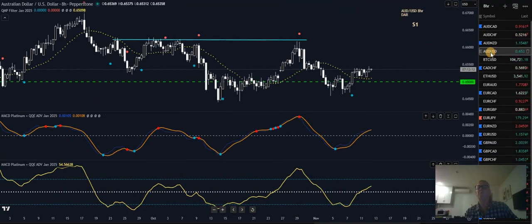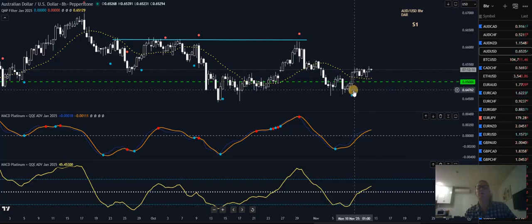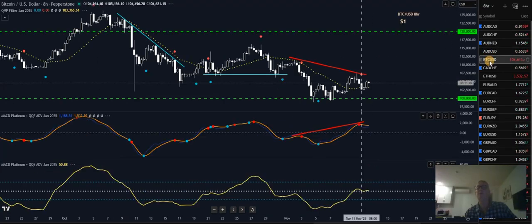Aussie USD, last trade was this buy, which I did take. It was a QQE. It was under the 40 level. So I took it on the QMP full the dot, but it just went sideways for a little while. It broke the 50 level. There was nothing I could do because my entry was around this level here. It's just gone sideways, so I just closed out for a break-even result. So I'm no trades on the Aussie USD at the moment.